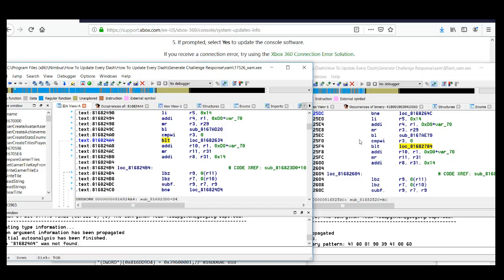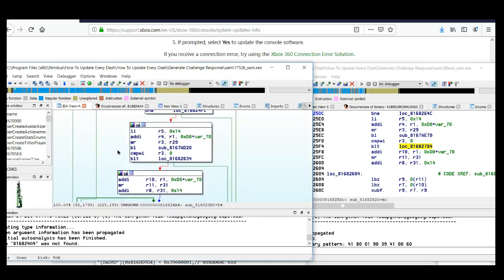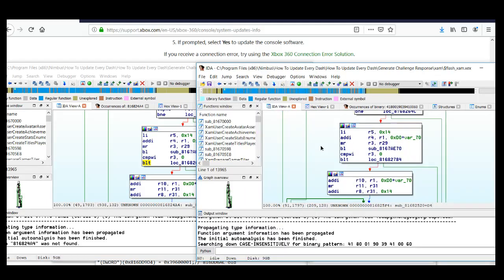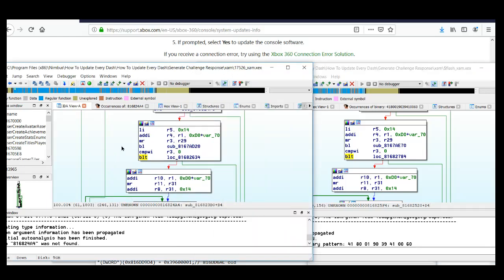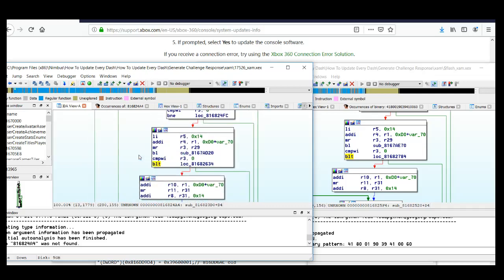I don't usually go into really deep conversations with this, and I know some people think it's a waste of time, but just to explain this a little more thoroughly, on Xbox the code follows this exact same flow on every dash update. So if you were to go with the flow chart graph view here, the little flow chart, it's always the same. I don't know why it doesn't change. I'm assuming it doesn't change because if they change it, that's probably a lot of work for them. I honestly don't know. But